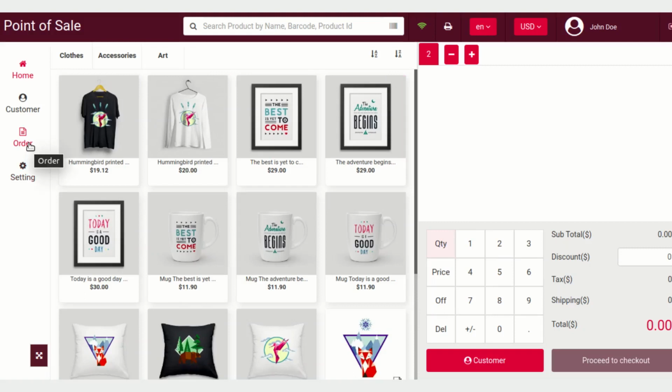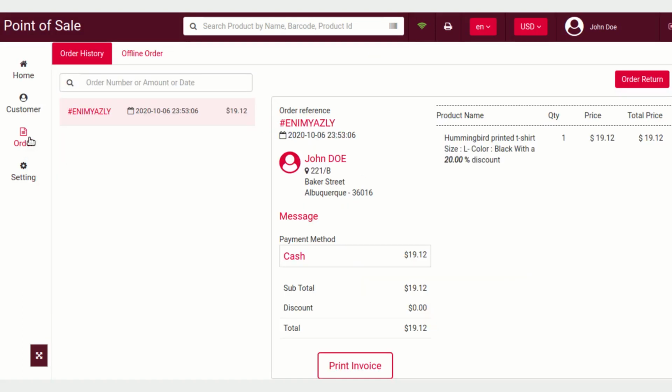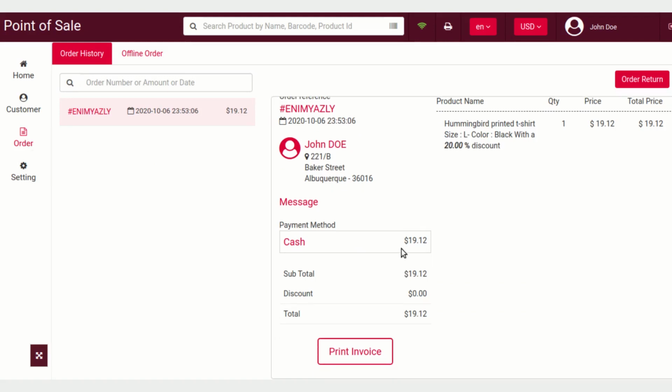As you can see, this was refreshed, so we have landed back on the home page section. But don't you worry, you can also print the invoice from the order details section.